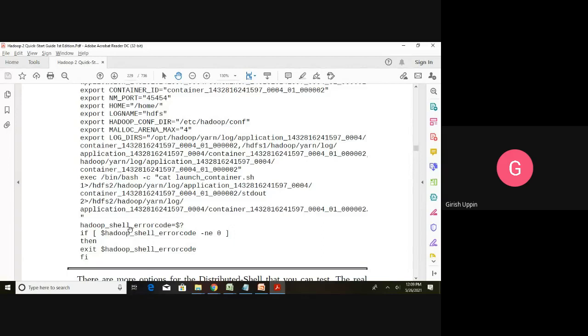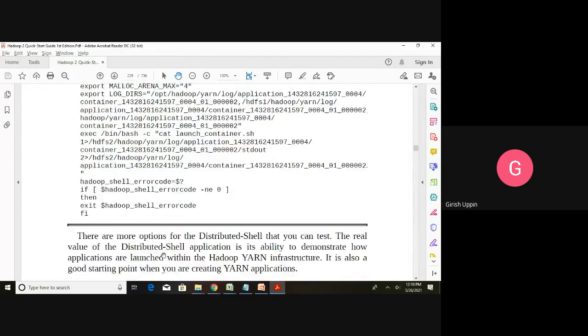Then HADOOP_SHELL_ERROR_CODE equals $? will give the status of the previous command that was executed, success or failure, in terms of 0 or 1. If it is not equal to 0, that means it is a failure. So that error is checked here. If $HADOOP_SHELL_ERROR_CODE is not equal to 0, then exit, and that error code is displayed.